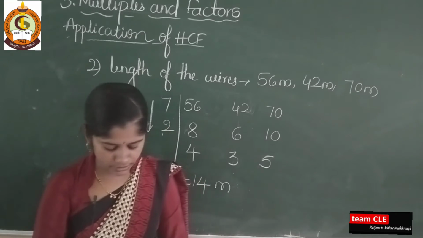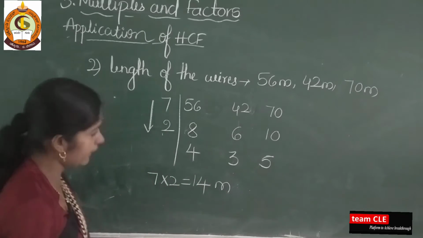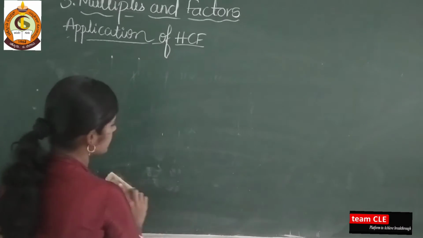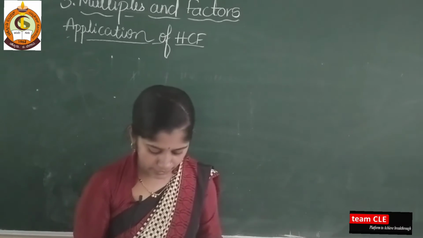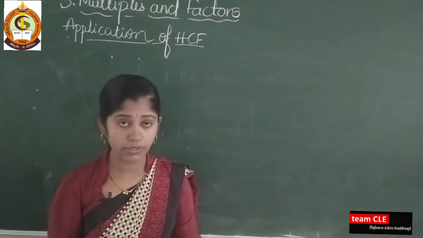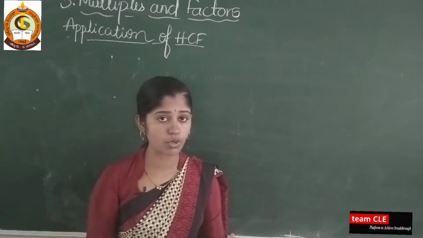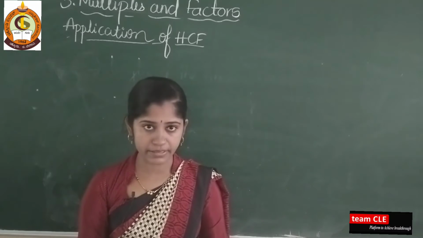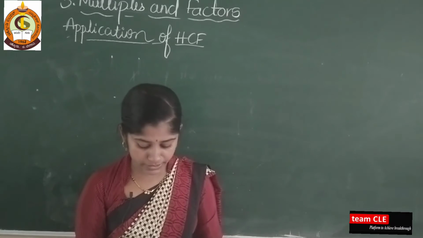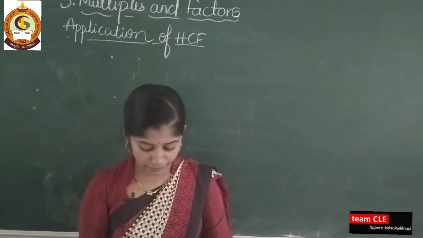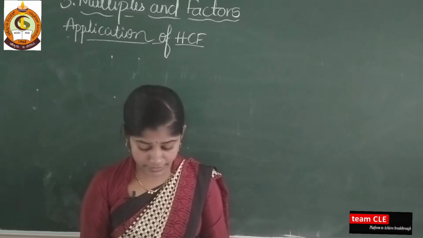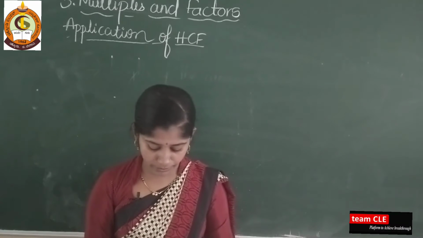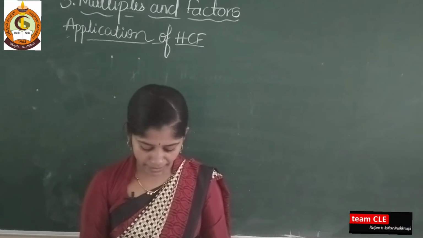Okay, next, moving to the next example, the third question. Just see here. There are 4 drums containing 54 liters. Yes, dear students, I am solving these examples from your page number 109, My Practice Time 6. There are 4 drums containing 54 liters, 72 liters, 84 liters, 66 liters of oil. Find the capacity of the largest can that can measure the oil in the 4 drums by an exact number